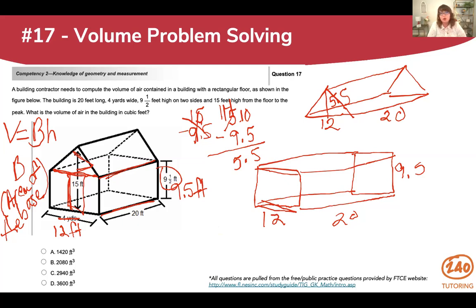Now you could look at this prism a couple of ways. You could look at this piece as the base and find out the area of the base times the height, or you could look at this piece as the base. Either way, I'm going to do 12 times 9.5. Remember that 12 is converted. 12 times 9.5. And I get,